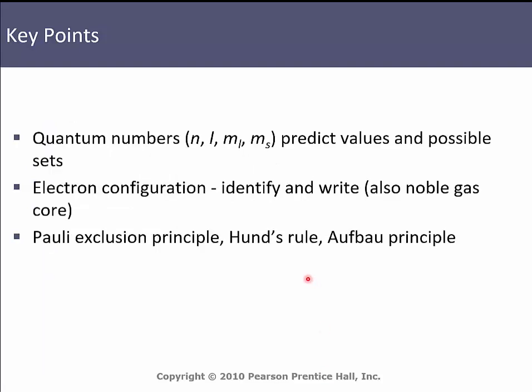We talked about our different quantum numbers, n, l, m sub l, m sub s, that are used to predict possible sets. Those came out of the Schrödinger wave equations, which came from the idea that we needed to reconcile the Bohr model. We've talked about electron configuration, so how to identify and write an electron configuration and our noble gas configuration. We talked about the rules like the Pauli exclusion principle, Hund's rule, and the Aufbau principle that told us how we're going to fill up those electrons for atoms. And we talked about neutral atoms, isoelectronic atoms, ions, and excited atoms. So now I'm going to talk about some commonly observed periodic